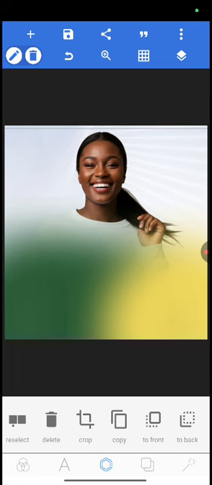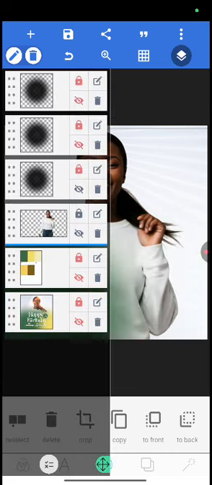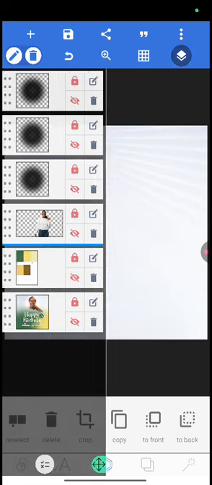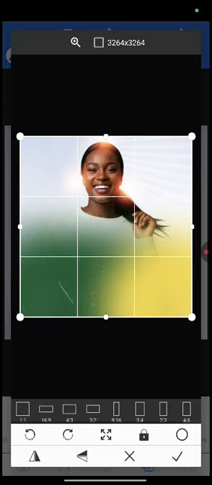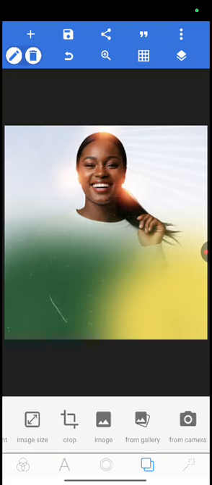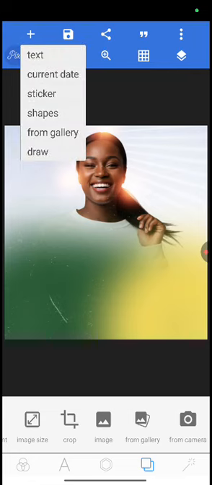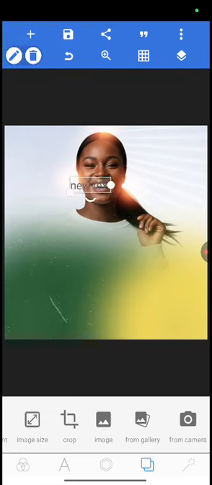So now what we'll do is we won't be needing this background anymore. You can just go straight ahead, and if you want to delete this or whatever, we will not be needing it again. We'll go over to background, then we'll be importing what we just worked on, and this is what we just worked on. So this will now be our design background. Then we'll just bring in the text, happy birthday,